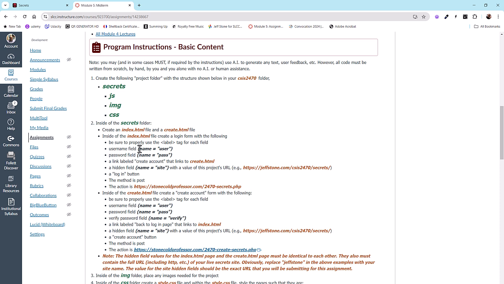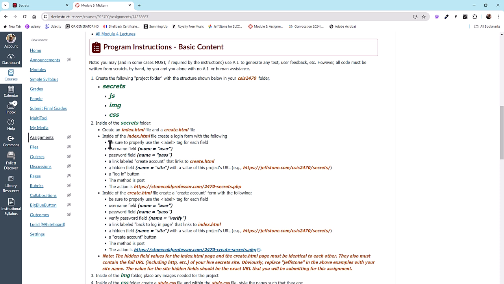And pay particular attention to things like this where the name is specific, because if you don't use a specific name in the instructions, then none of your code will work. Because what you're going to be doing is tying into some PHP code that I've already written. When you click submit on the form, it's going to go to my PHP code and do all the back-end work for you. And that's how it works in the real world, right? You'll have a back-end person and a front-end person, and they'll communicate with each other, explaining what variable names need to be and so forth. So I'm your back-end person, and you all are the front-end folks.